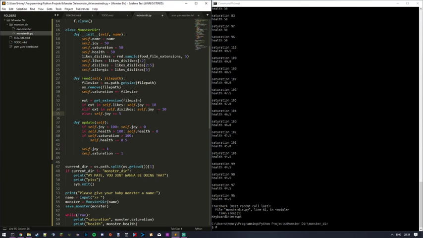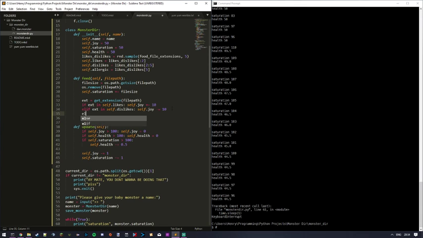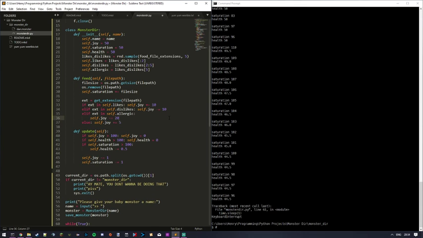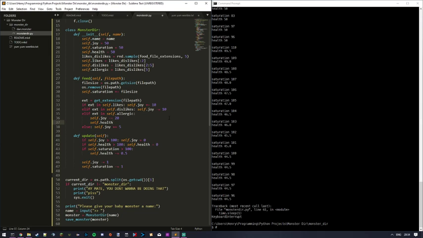Self.allergic is the 5th item. So if you eat something you're allergic to, if the item is in self.allergic, oh boy, you've beansed it now. Self.joy minus equals 20. Oh my god, that's a hefty hit. And then self.health minus equals